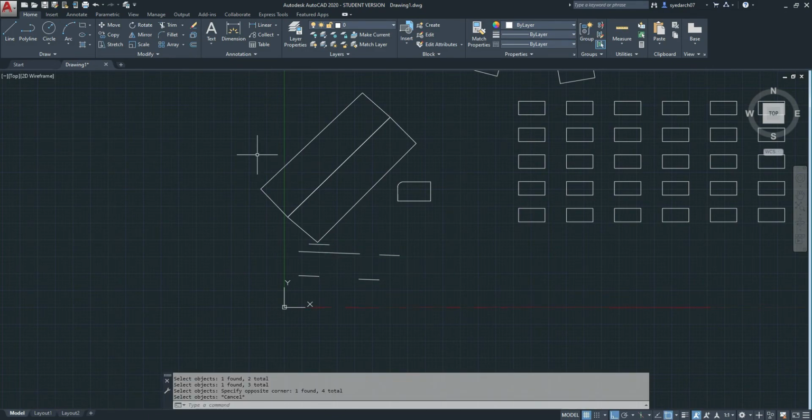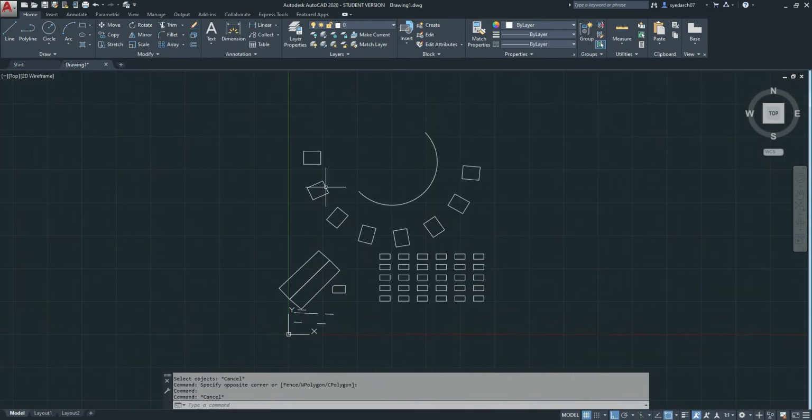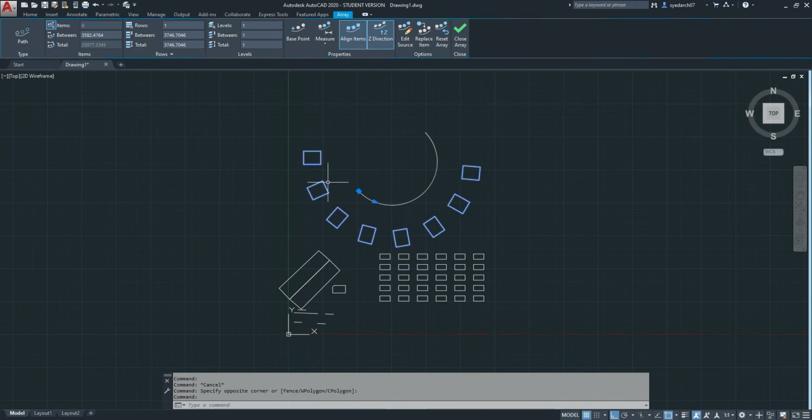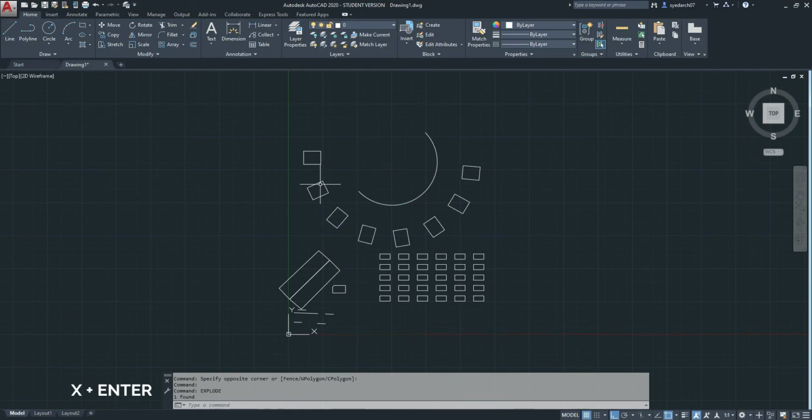Next we have explode. So using explode you can explode the objects that are in a group. So now if I want to remove this rectangle, naturally we will just select this object and delete, but here if I select this object the whole set of rectangles got selected. So now here I can use explode to explode all these rectangles into individual rectangles. So to select explode you can use the shortcut X and press enter. Now all these rectangles will act as individual rectangles.